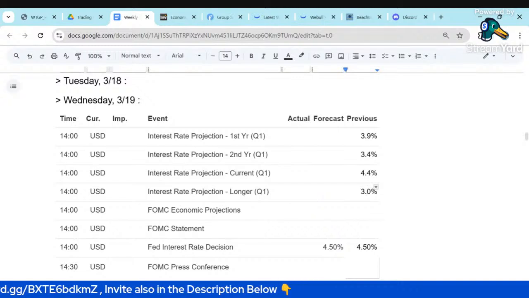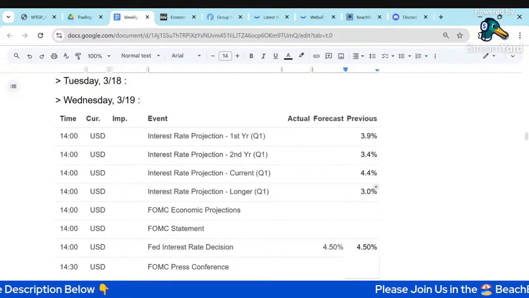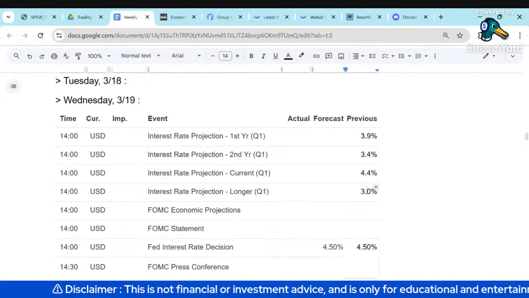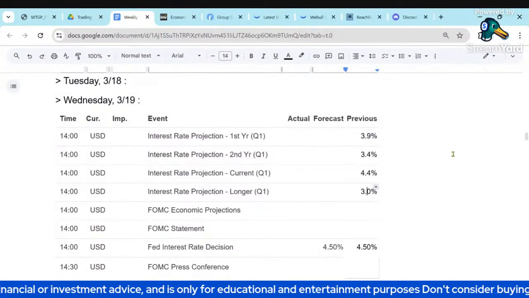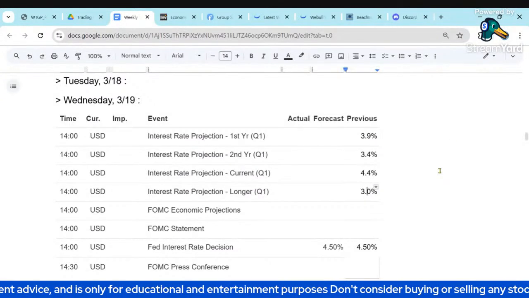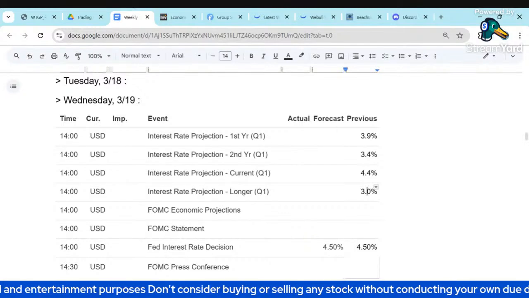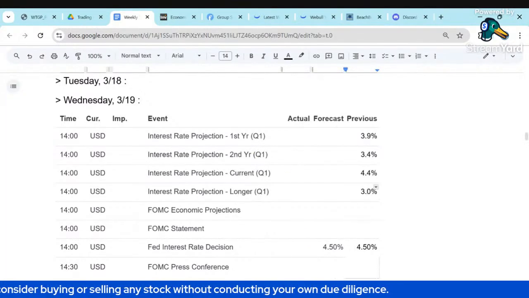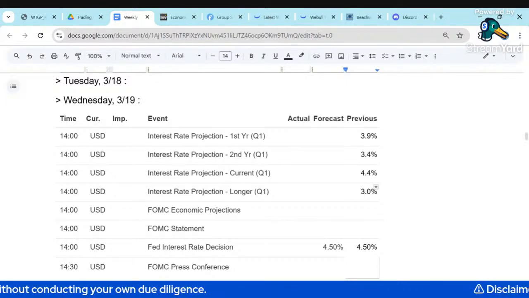So in my humble opinion, I do expect these projections to flatten out, the dot plot to flatten out, and we'll take a quick look at the previous dot plot in the CME FedWatch tool as well. So again, we'll see what changes there are in these projections, see how that dot plot, if it does flatten out, as again, in my humble opinion I expect.